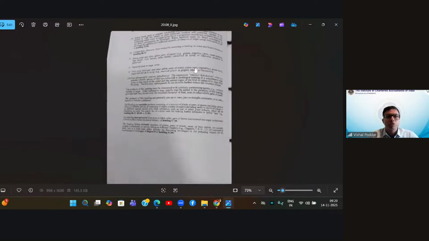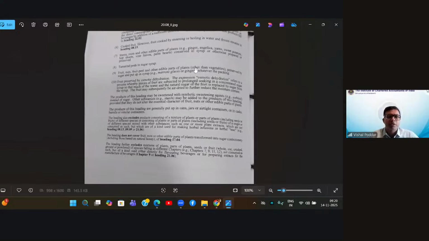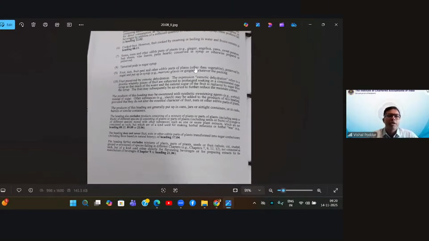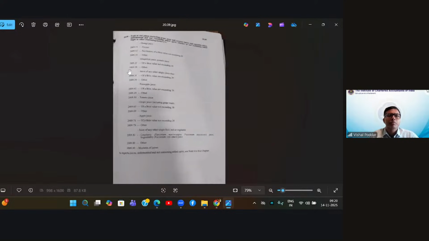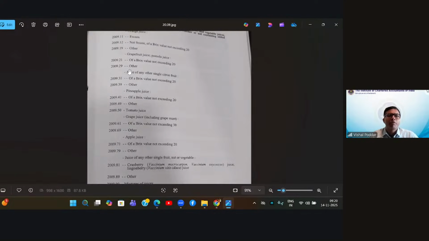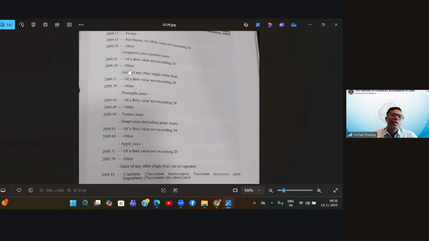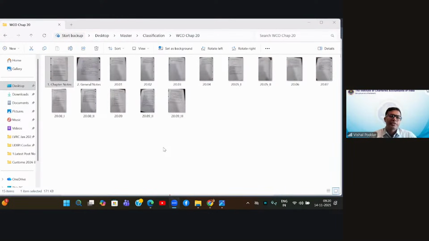Students, I hope this is clear. And see, these notes are the most important things. These are the notes which will be required to understand and interpret any entry. See, I'm opening different chapters. Everywhere you will have not more than 9 digits. Sorry, not more than 6 digits, because internationally, only 6 digits are used. We use 8 digits. Yes, Geet, that is why I've shown you, because when you actually look at things, you will understand.